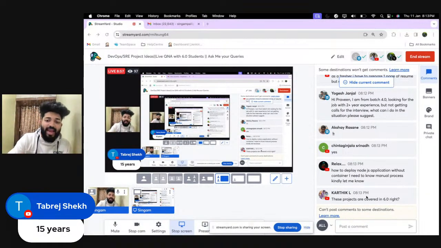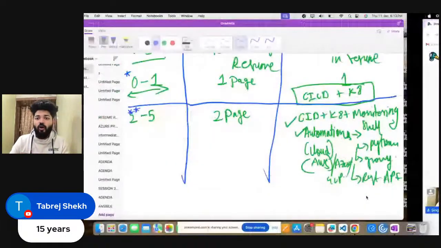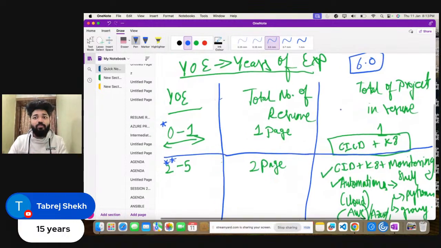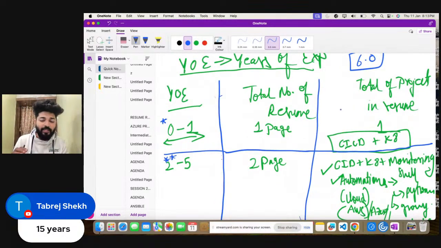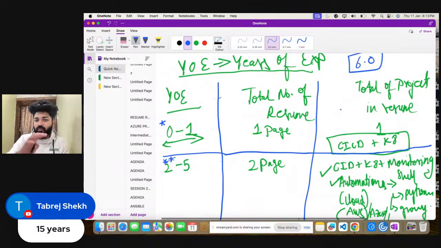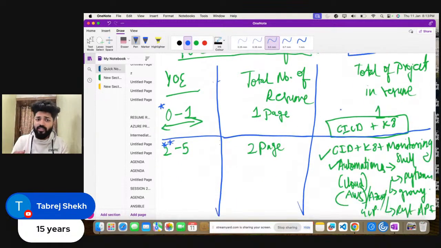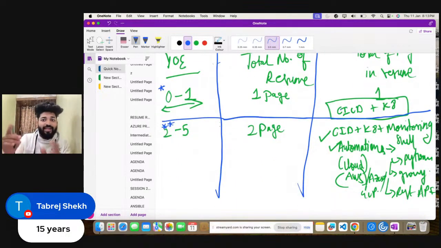Yes. And obviously, guys, all these projects are covered in 6.0. You don't need to worry. Okay. So I'm just giving a highlight, and I will be talking with everyone who is present here. So you don't need to worry about what the projects are, where to learn, how to learn, and all those things. I'll be telling all those projects and years of experience. I am dividing before the classes so that you understand what is the importance of each project that we are going to do in the 6.0 batch.